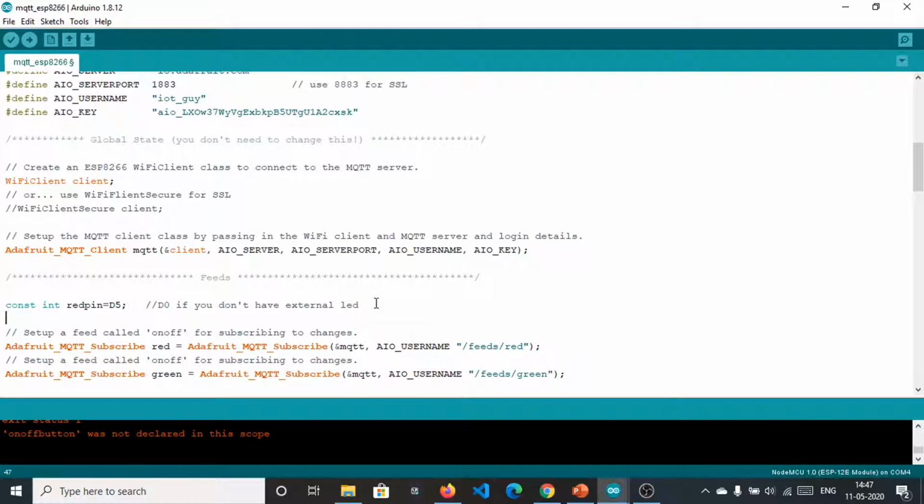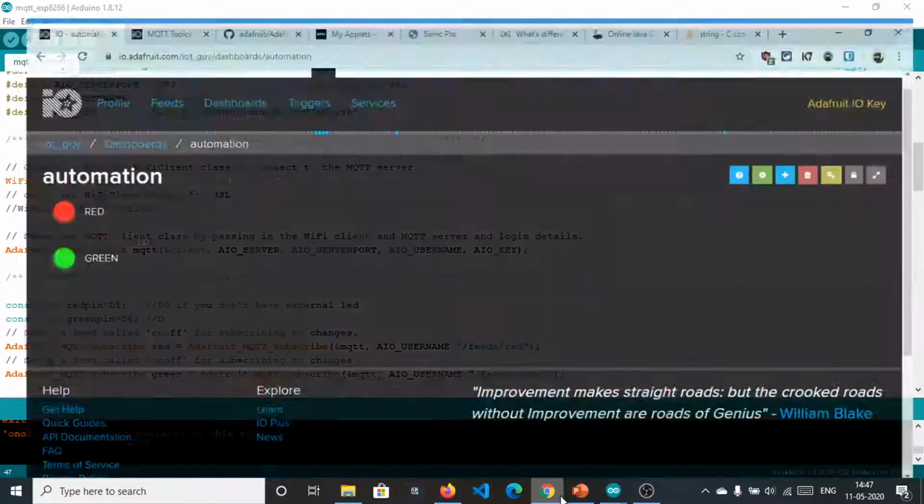Okay, so the second pin will be green pin, which will be D6. I have connected it to D6 in my setup. I will share the circuit diagram as well. Okay, so we have another pin which I think will be D4. Let me search on internet.